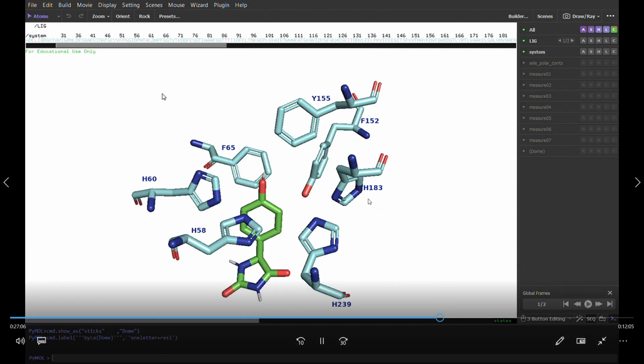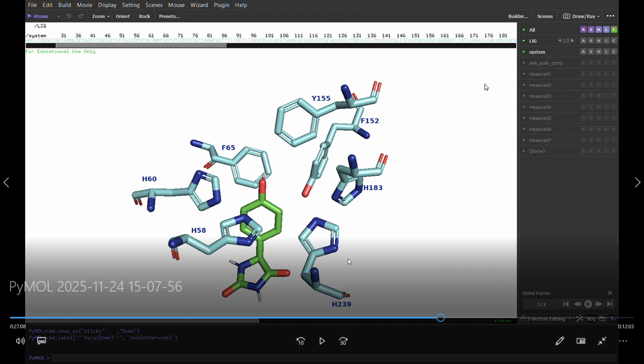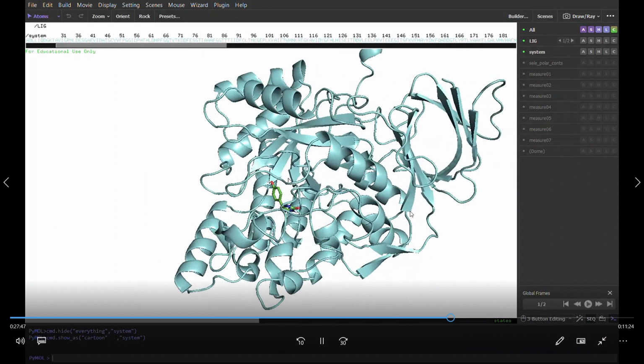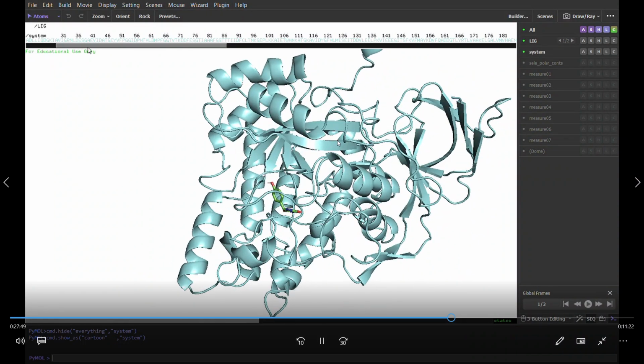One by one I locate in the structure here. I first change it to cartoon back, and then I click one by one to see what happens in the structure. You're going to see, for example, starting from one, which is